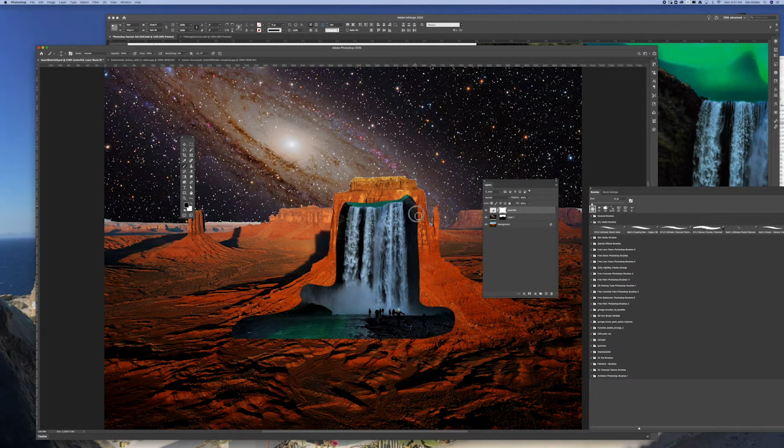And what I'm going to do now is start painting, and you can say, well, it's doing the exact same thing as the eraser. But it really isn't, because what it's doing is creating what's known as a layer mask. It's going to allow me to retain some of these pixels, and if I accidentally go over something I want to keep, I can hit X on my keyboard and paint back the top layer. So D sets my colors to default. Black in the foreground, white in the background,